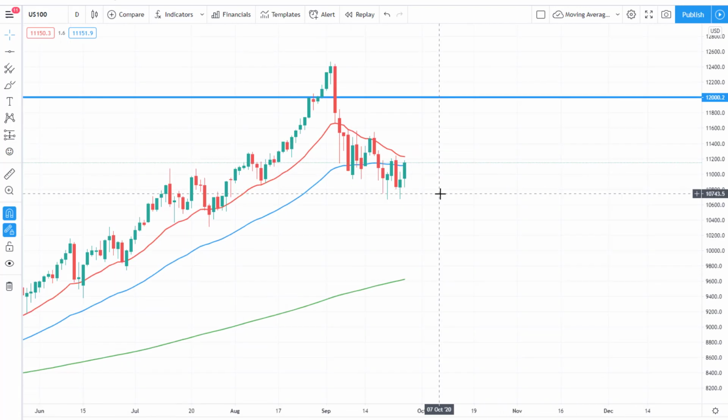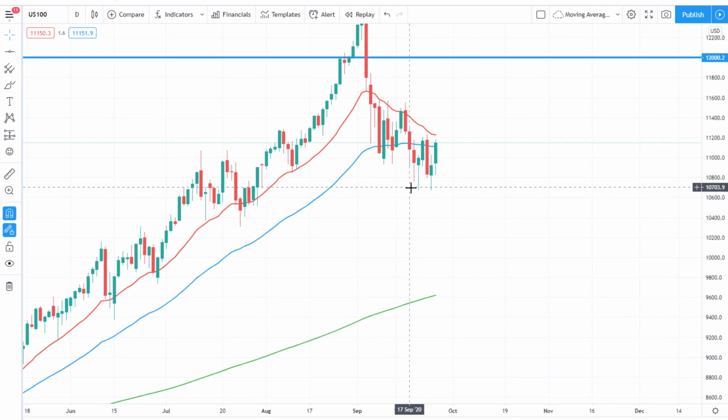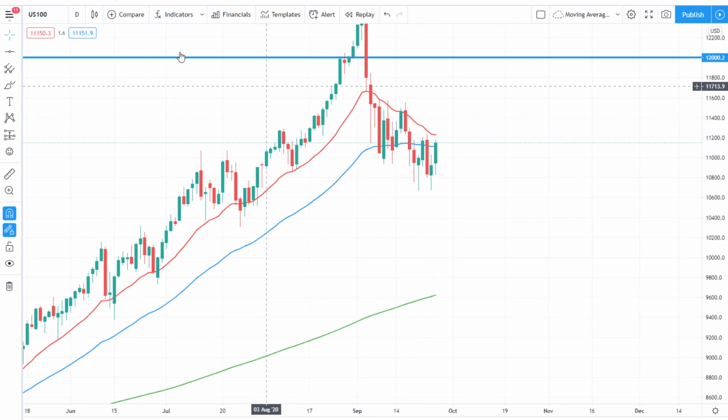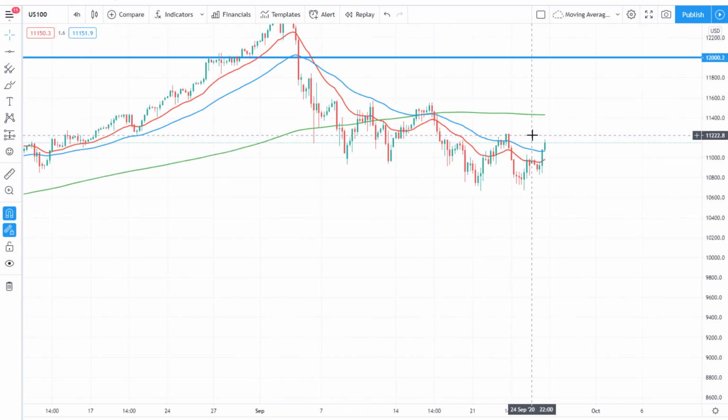US 100, very similar to, of course, what we were seeing on the S&P 500. We've got resistance tests here. It did not go as low as we'd hoped. We would have hoped 10,400. Time will still tell whether the market can sell and reverse next week. But big bullish buying aggression into the close on Friday has this market looking relatively bullish right now. But the price action is always key, and we have not broken past this previous 11,200 area.